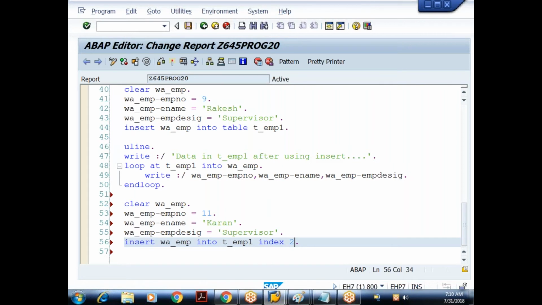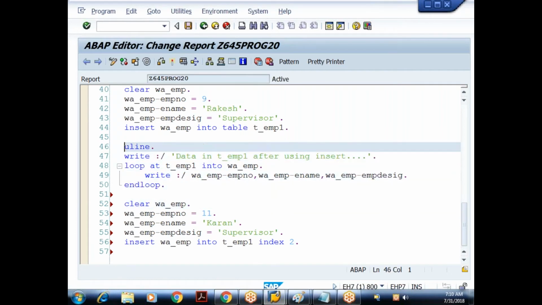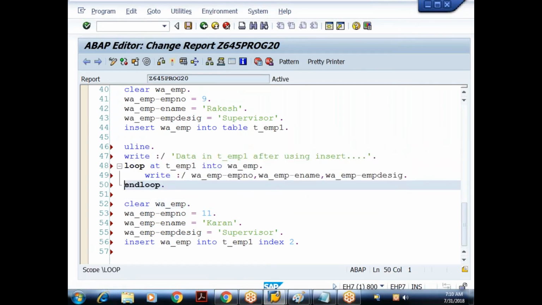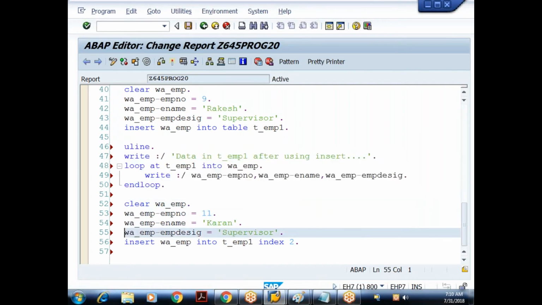Am I clear? So what I'm trying to say: insert W_EMP into T_EMP1 index 2. So let me check whether it has inserted this employee number in the second position or not. If you loop it, only then will we understand where it got inserted.